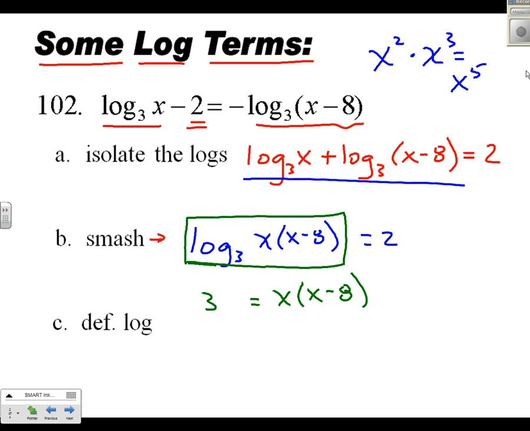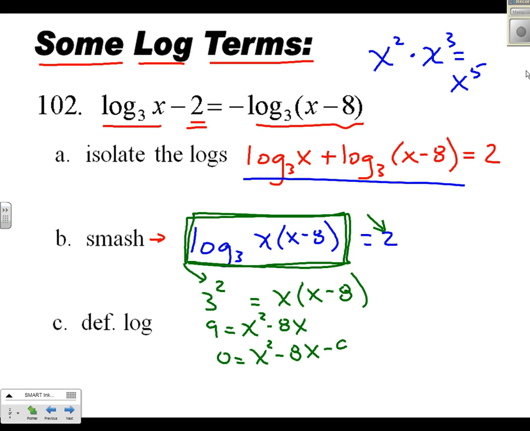But since this is that exponent and this is equal to 2, I can put 2 right here, which means 3 squared equals x times x minus 8. That's what I mean when I say definition of log. So this becomes 9 equals, I think I'll go ahead and distribute this, x squared minus 8x,